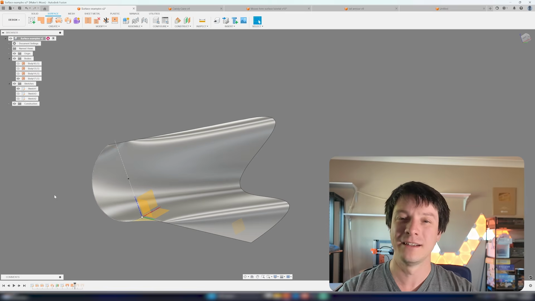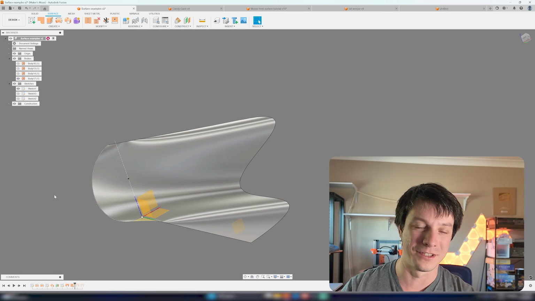It doesn't really seem to care till right at the end. But when it comes to exporting things, keep normals in mind. So to me, there are three main ways that you can take advantage of surface modeling for your 3D printing